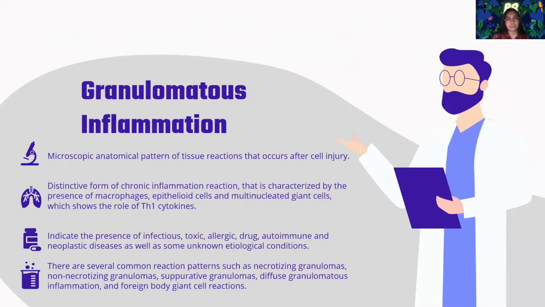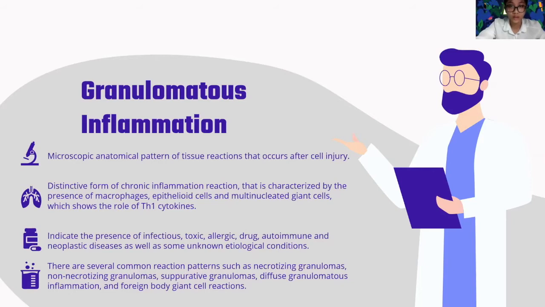Okay, my name is Panika Putri Rahaindrayani, and now I would like to explain about the definition of granulomatous inflammation. Granulomatous inflammation is defined as the microscopic anatomical pattern of tissue reactions that occurs after cell injury. It is a distinctive form of chronic inflammation reaction that is characterized by the presence of macrophage, epithelioid cells, and